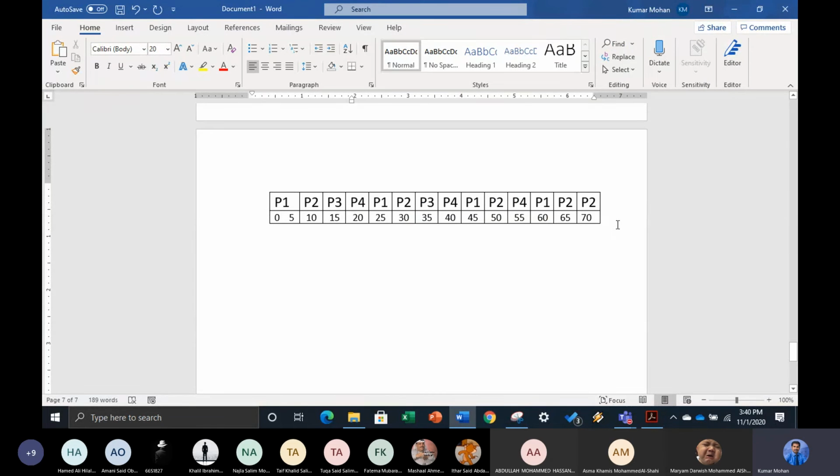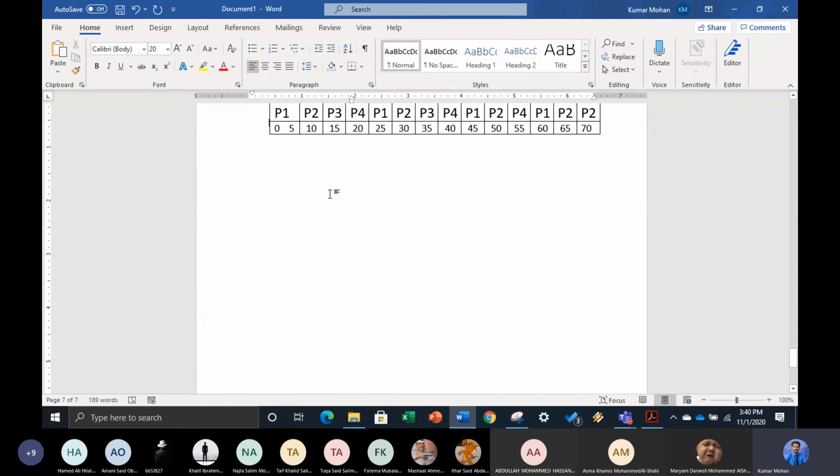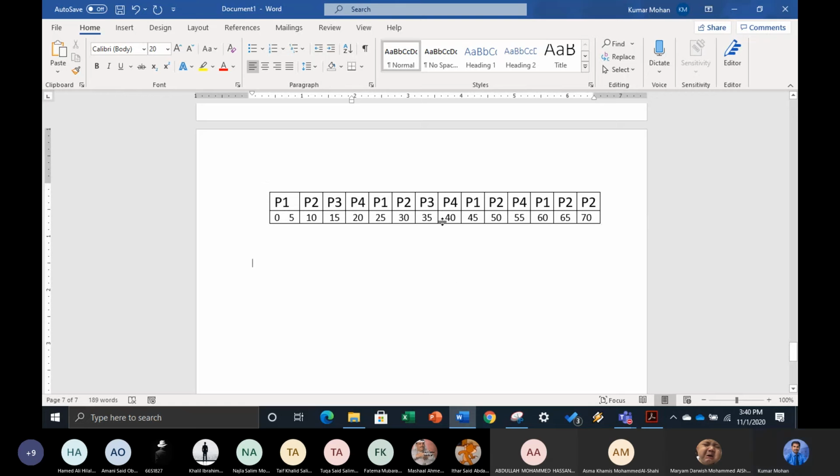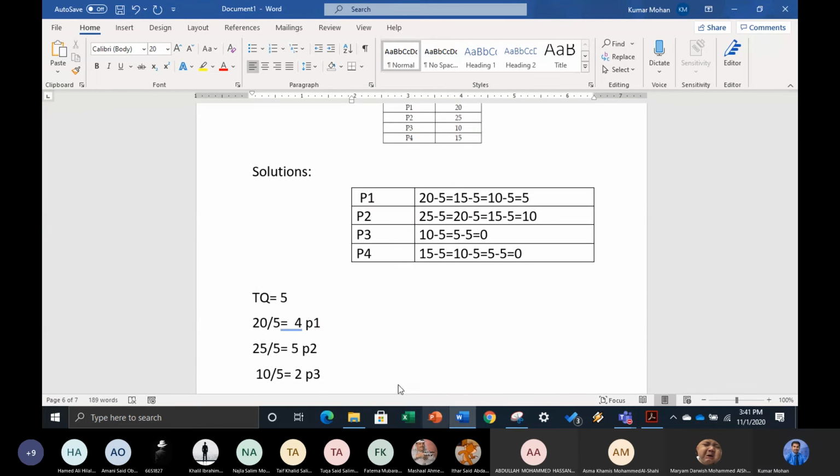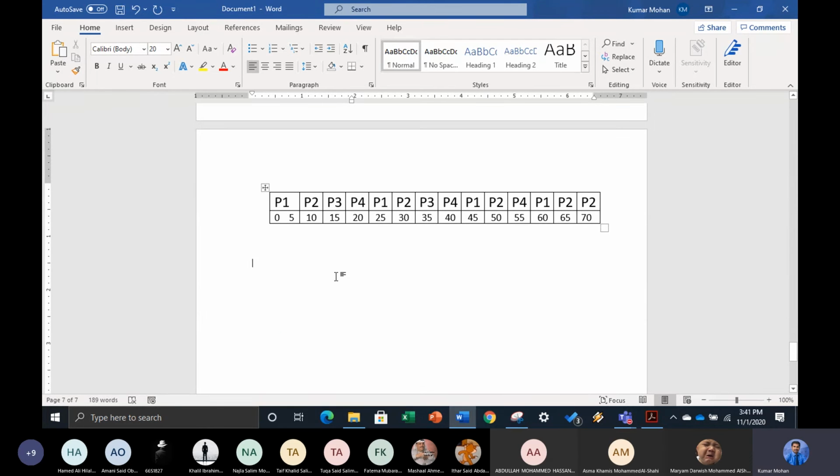And then you know what is meant by waiting time and what is meant by turnaround time, and how to calculate. What is meant by waiting time? What is meant by turnaround time? What is the average waiting time? Like how we did here. Can anyone tell me? For P1, what is the